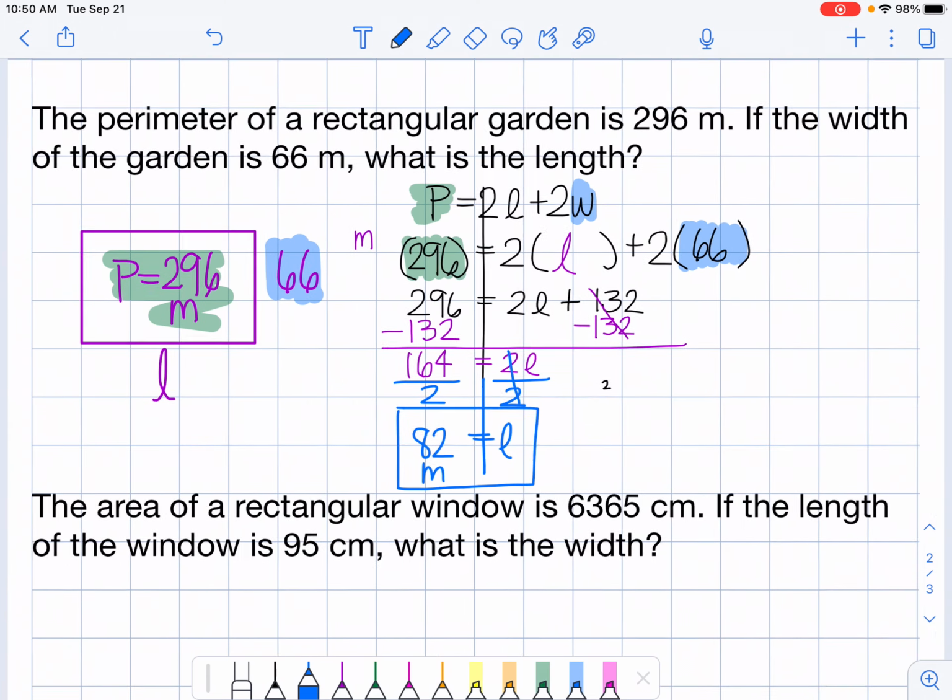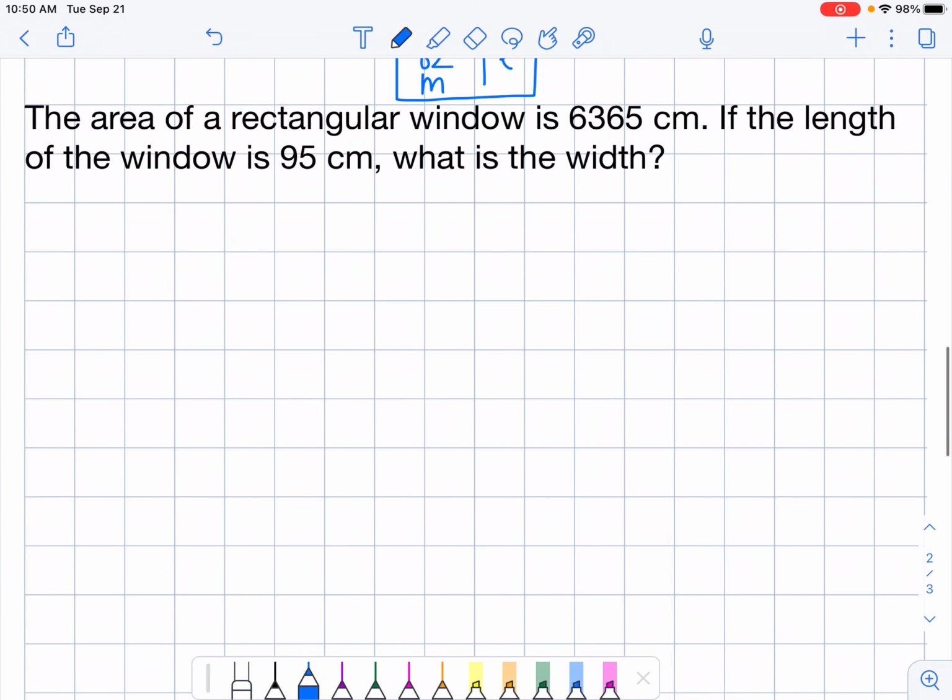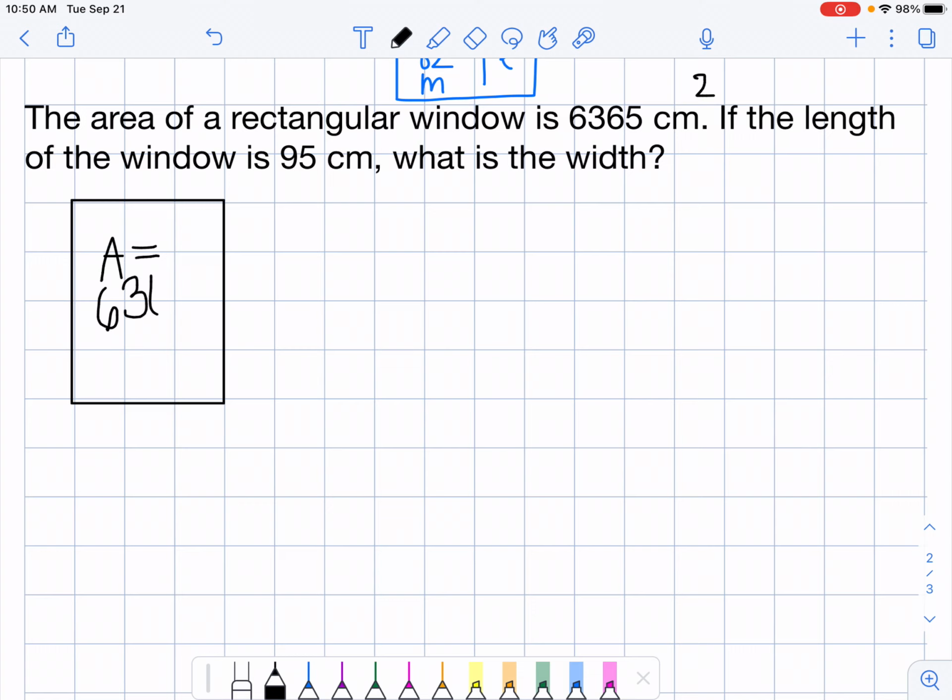Okay, the next one says the area of a rectangular window is 6,365 centimeters squared. If the length of the window is 95 centimeters, what is the width? Okay, so again, I'm a visual person. I'm going to draw this out. It says my area, I'm going to write this in the middle, is 6365 centimeters squared. My length is 95 centimeters. Find the width. So my formula for area